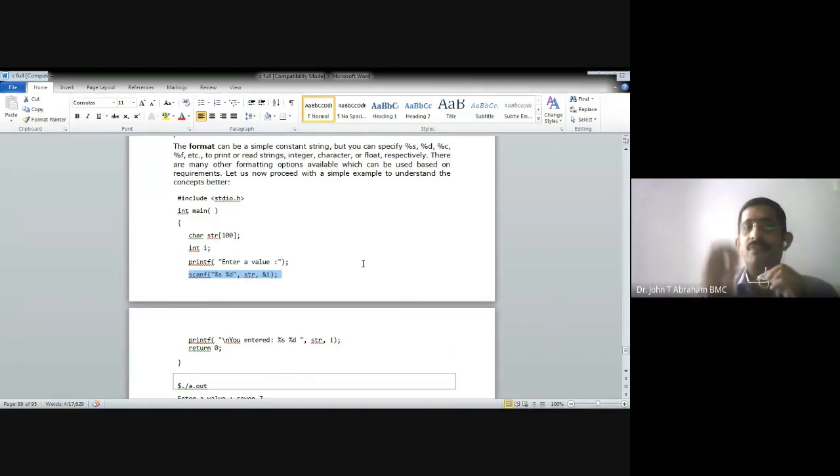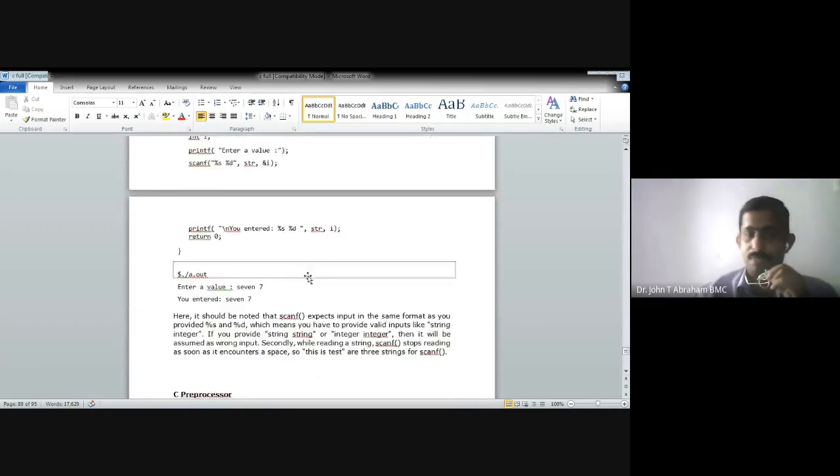If it is a string, we write %s, but when representing the variables, we will not write the ampersand sign for the string. So that is why scanf %s %d: format specifier, then variable list. Since it is a string, we will not write the ampersand. In all the other cases, if it is an integer, we write the ampersand. If it is a float, we also write the ampersand. In all other cases we write it.